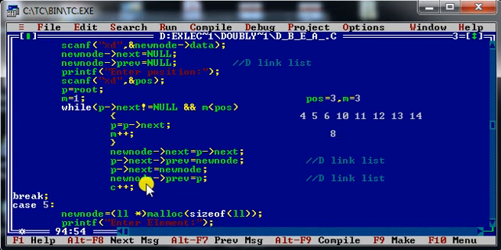And the next statement, new node of previous. With the third statement we created the link from 6 to 8. Now it's time to create the link from 8 to 6, right? And that I can do with the help of what? For that I have to assign the address of 6, that is P, into the previous part of 8. And that is what I have written, new node of previous is equal to P. So I have created the link from 8 to 6. Fine. I hope you understood the concept of inserting a new node after a given node.